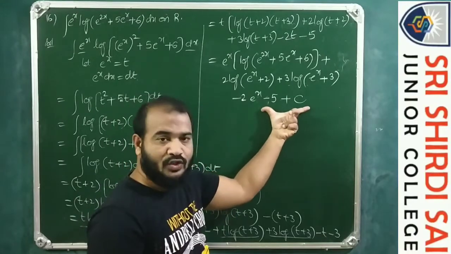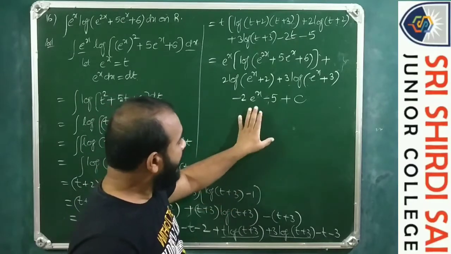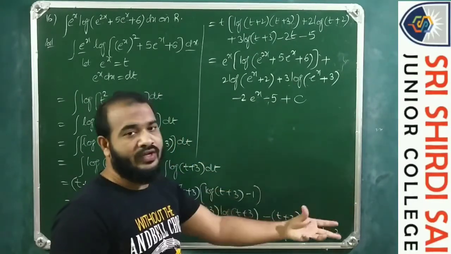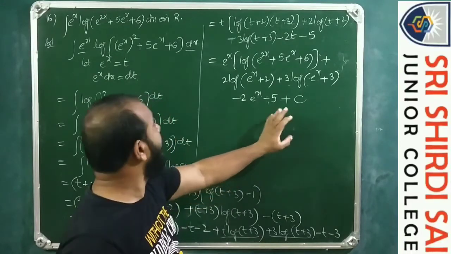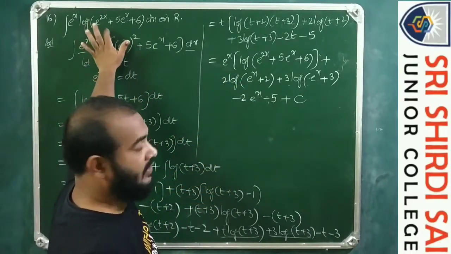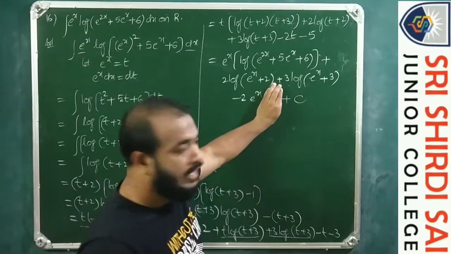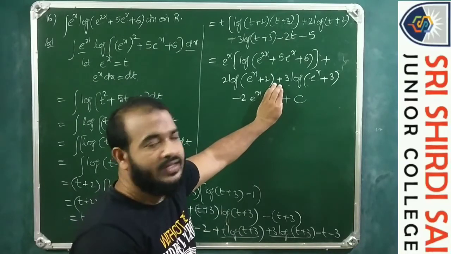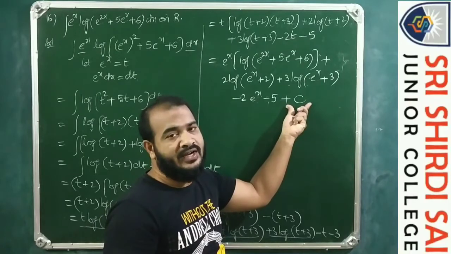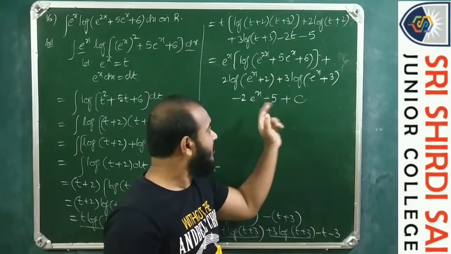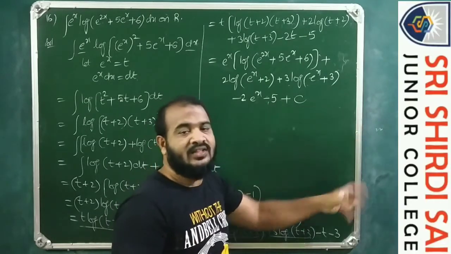So c minus 5 as a whole we can treat as c dash. Otherwise, if you are not satisfied further, if you differentiate this, then actually this is what we are going to get again. So what I mean to say is, though minus 5 is absent in the textual answer, this is also correct because c is the constant of integration. So minus 5 plus c together, if you treat it as plus c dash, then that is going to be the final answer.